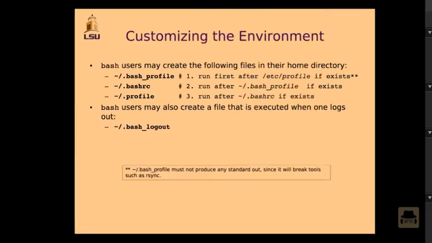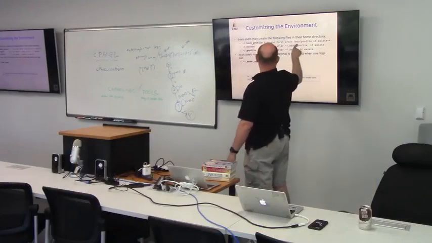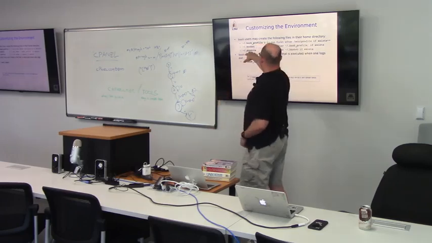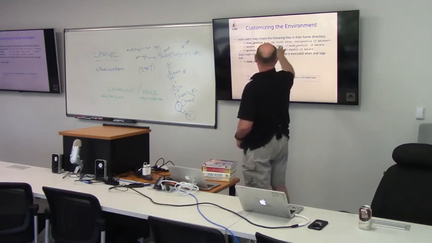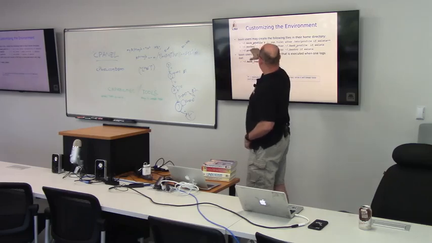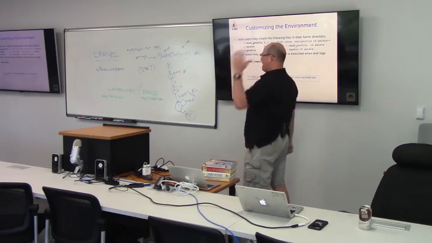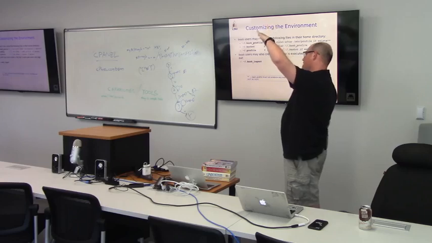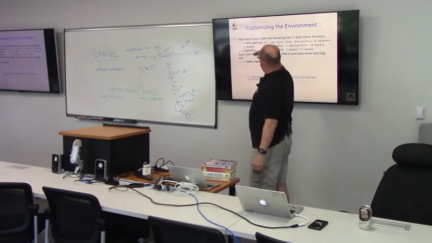I'm assuming this is all still true, since this was done 10 years ago. This is looked at by your shell after /etc/profile is loaded, if it exists. Now .bashrc is referred to as a resource file. That's run after the .bash_profile, and then .profile is run after that. So for bash you've got the system /etc/profile, then your local dot files that are taken in order, and each one can overwrite the other here.